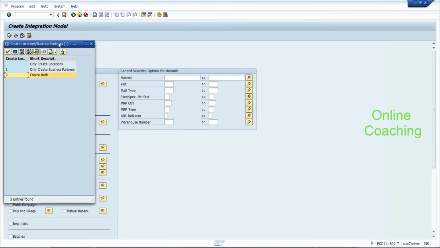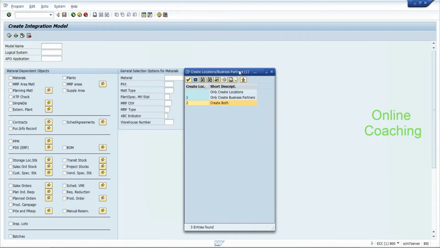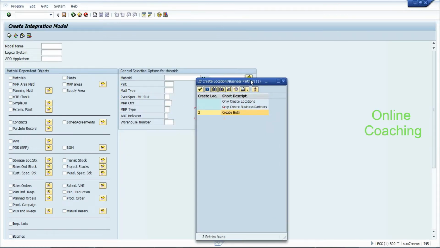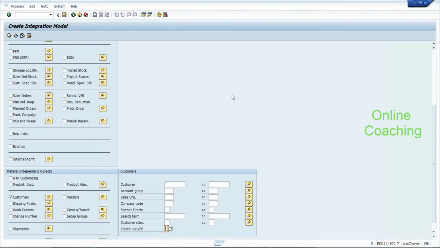Yes, for the customer and the vendor it is not a problem, but only for the shipping point and the plant, it is not getting created as a business partner. It should be available, or by default. Otherwise, even if it is not available, by default also, what you can do is that,